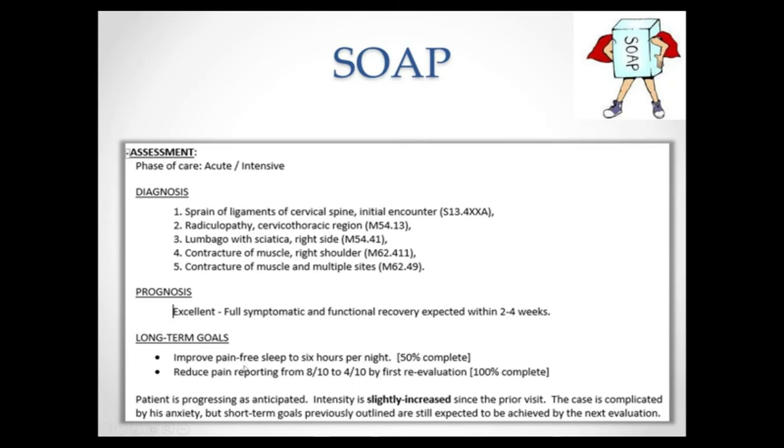And then we have our goals listed here. And then I've commented on what percent of completion. Looks like we've already accomplished this other goal. So we're going to need to set some new ones perhaps, or move them to the next phase of care, maybe. And so there's a little summary here of what's going on. Patient's progressing as anticipated. Intensity is slightly increased since the prior visit. This case is complicated by his anxiety, but short-term goals previously outlined are still expected to be achieved by the next evaluation. So all that is crammed into the assessment, and it really captures the story and helps us identify